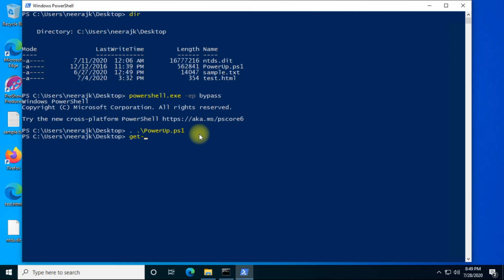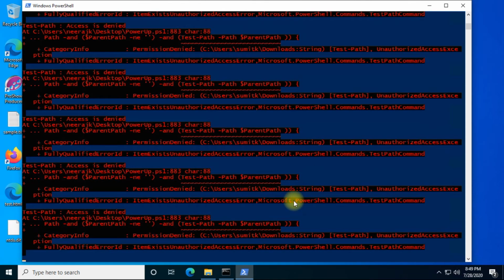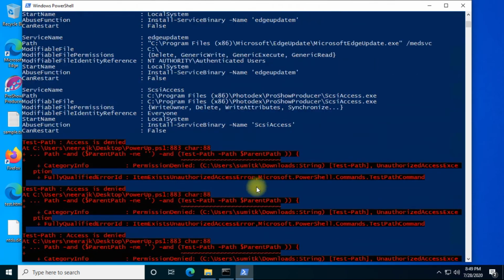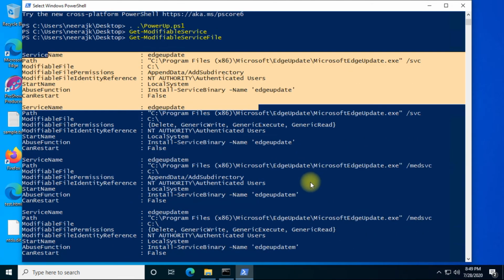So what else can we do? We simply have to fire this command. Here we get a lot of responses, and even a few errors, so ignore those errors. These are the vulnerable files. Here we have the possibility to modify the services. I'm not exploring that right now, as I am already aware of it: this is the file I have simulated from my side, so I go ahead further with this only.